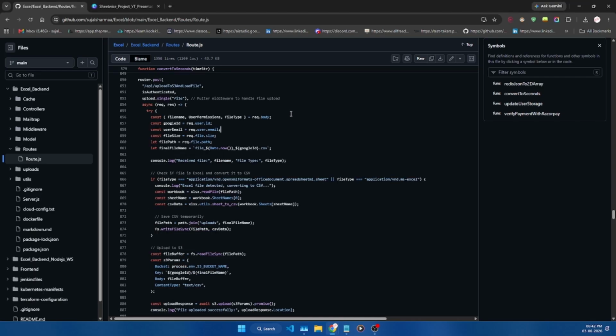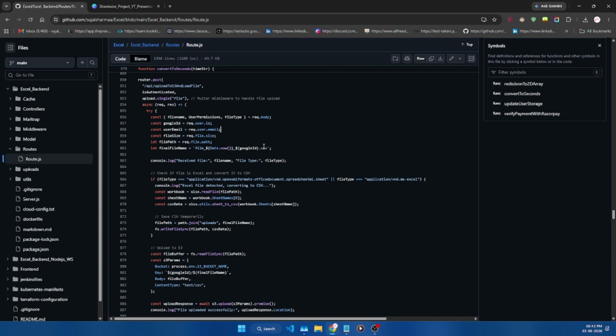Alright, now let's move on to the API/upload to S3 and load file route. So the purpose of this route is to handle files uploaded manually from the user's local computer. It is intercepted by Multer to save the file to a temporary /upload folder.